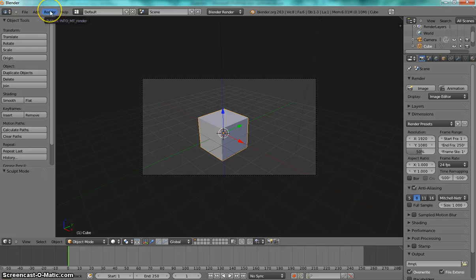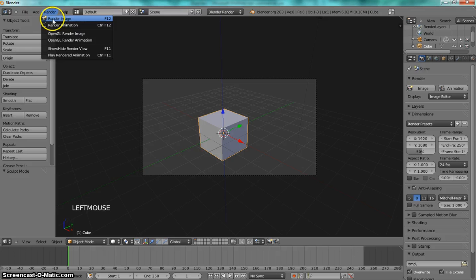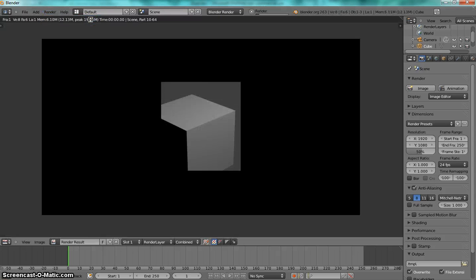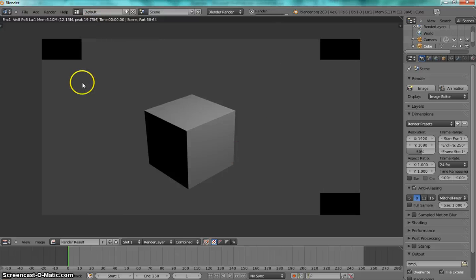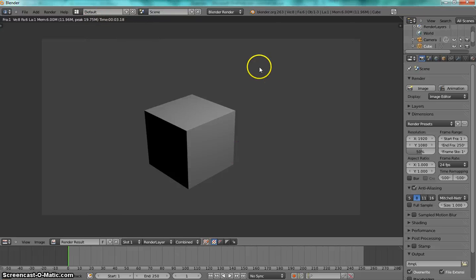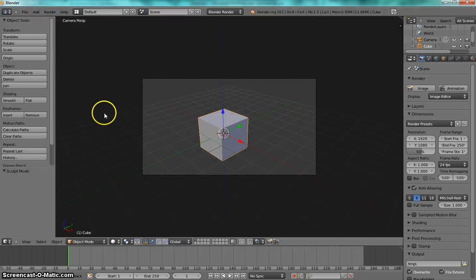And one more thing, to render, you go to render up here and render image, or you press F12 and it will just render real quick, and depending on how much stuff you've got in your scene, it will take more or less time. So that's that. I think that's it. I'm running out of time, so